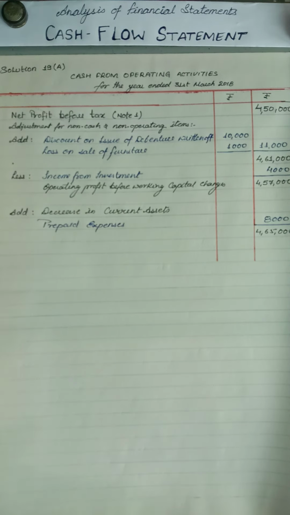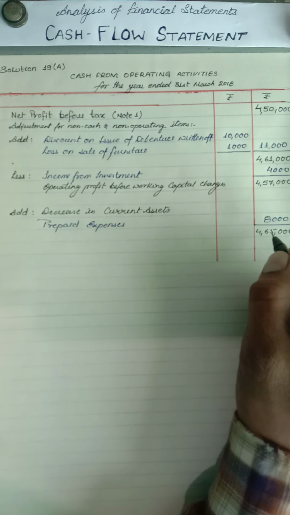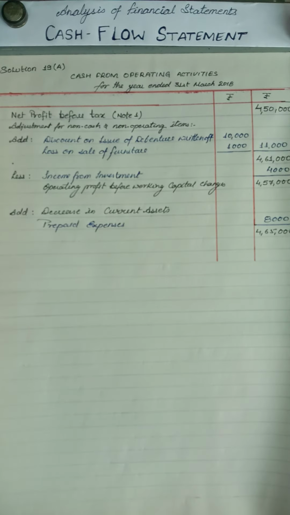Is there any other addition, that is increase in current liability? No liabilities are there. We will see anything else, that is decrease in current assets, nothing is given. Increase in current liabilities, that is also not given. Increase in current assets, not given. So this amount will be the final amount, but we have income tax paid, and we are assuming that the income tax paid during this year is equivalent to the provision for the last year.